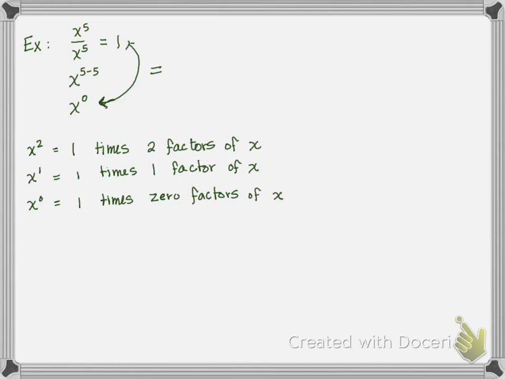Which doesn't mean 1 times the number 0. It means 1 times no more factors. So we just end up with 1. And anything raised to the 0 power is 1. We have to be a little bit careful with order of operations as far as what is actually being raised to the 0 power. So if I have